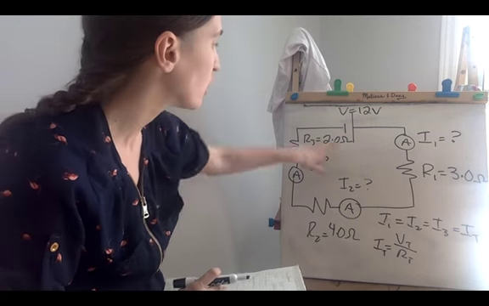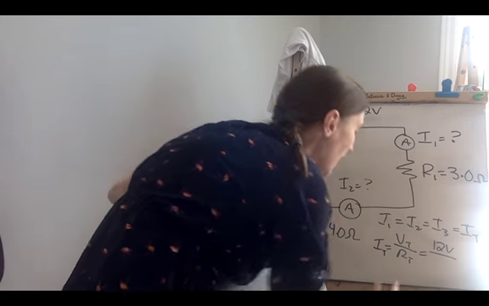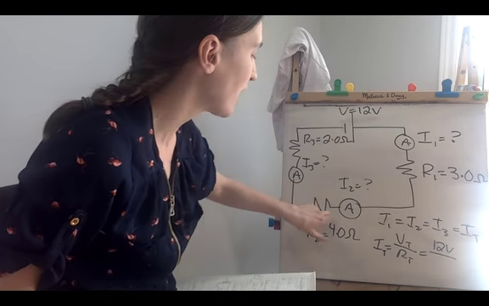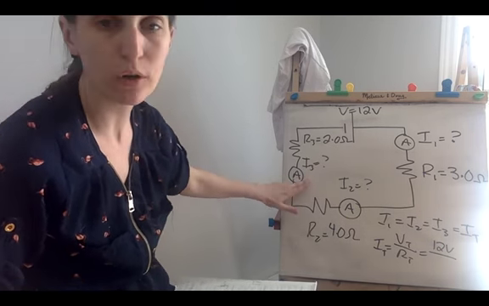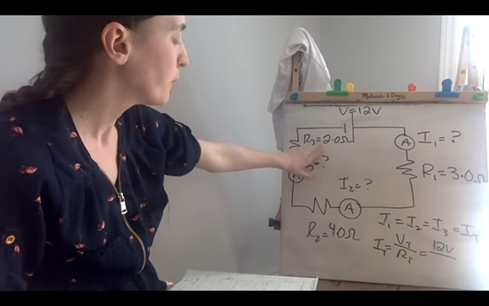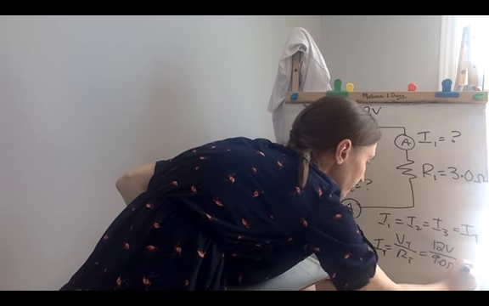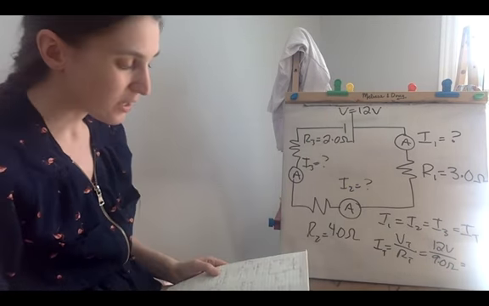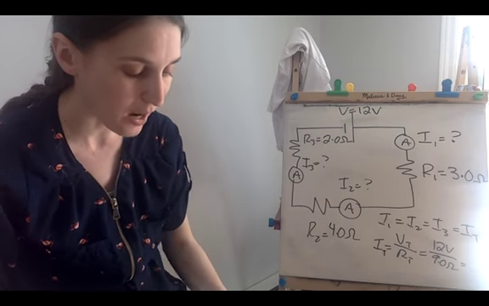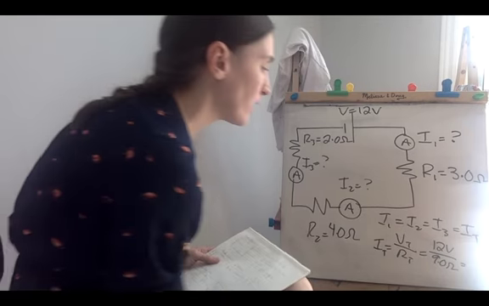Our total voltage here is 12 volts coming through the battery. And since our resistors are connected in series, our total resistance is just the sum of all of the resistors. So 3 plus 4 plus 2, which is 9 ohms. Right, so we can just do that division there, and 12 divided by 9 gives us 1.33. We only get 2 sig figs in this question, so 1.3